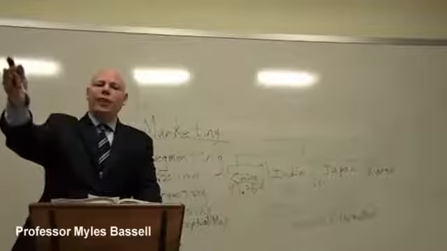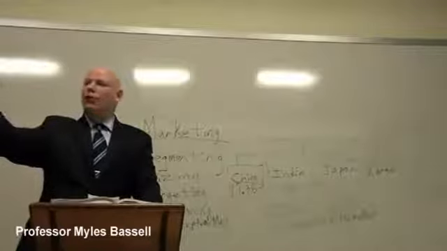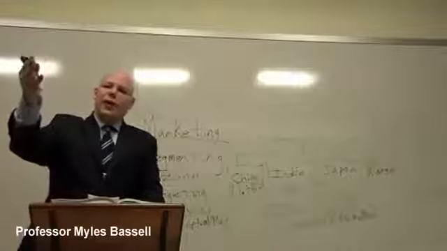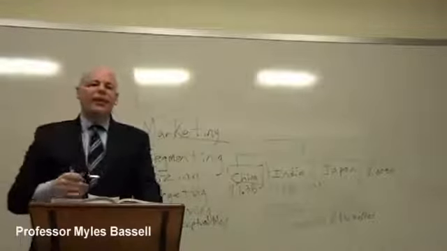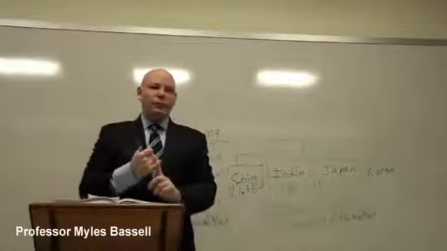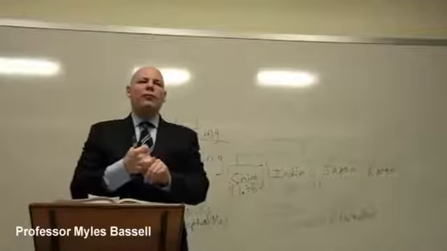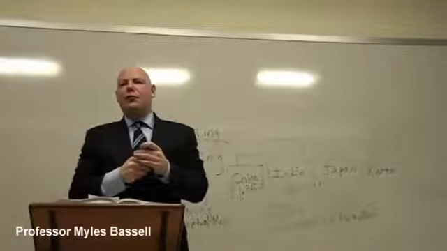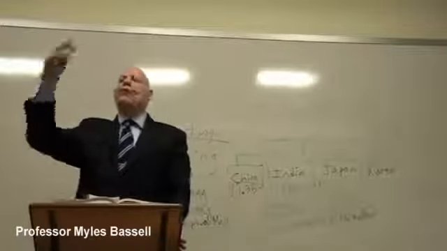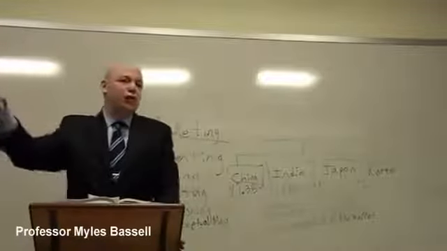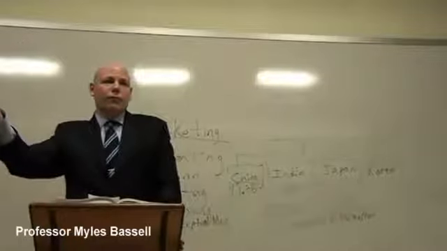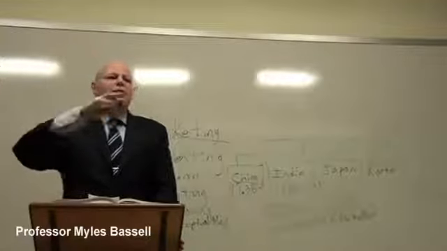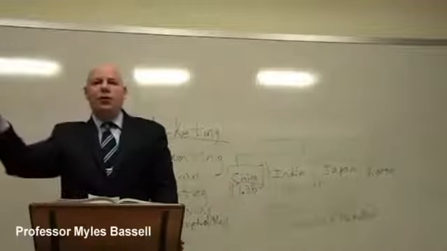Also, Michael Porter has a market attractiveness model known as the 5 forces. The 5 forces model looks at some other aspects, such as the level of rivalry. The level of rivalry is an indication of how attractive the market is. If the level of rivalry is very high, then the market is less attractive. Threat of substitutes: if the threat of substitutes is high, then the market attractiveness is low.